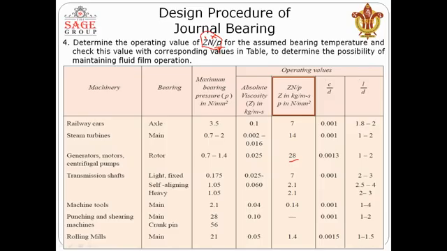So we change the value of absolute viscosity, and then we again identify the value of Zn upon P, that is the bearing characteristic number, and compare it with the values of the table. If it is greater than the table value, then it is okay. If it is less than the value given in the table, then we have to compare the bearing characteristic number to the bearing modulus, and it should be greater than the bearing modulus for proper working of the fluid film. Fine. So from here, we have identified the value of Zn upon P, that is our bearing characteristic number.